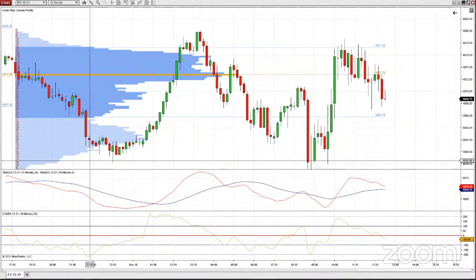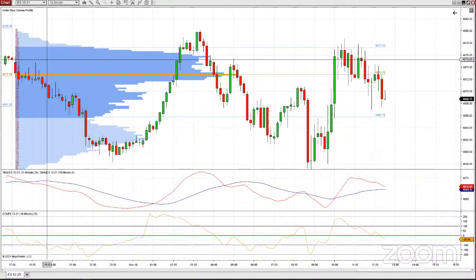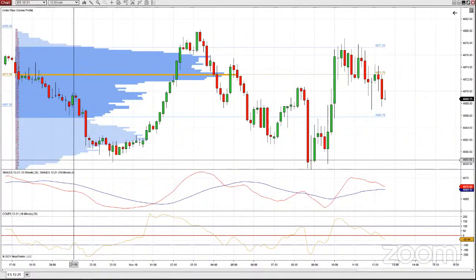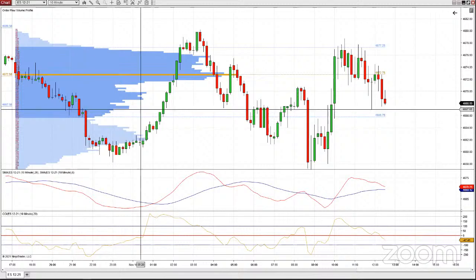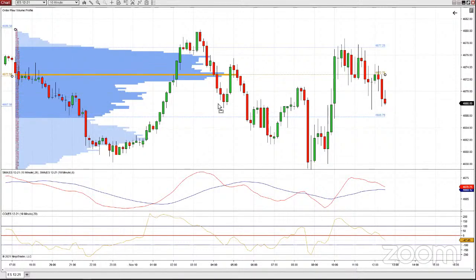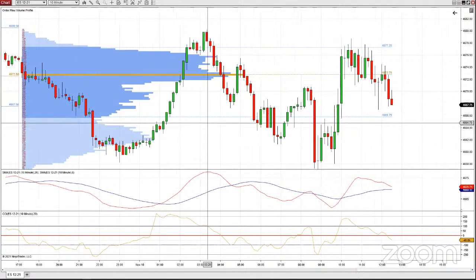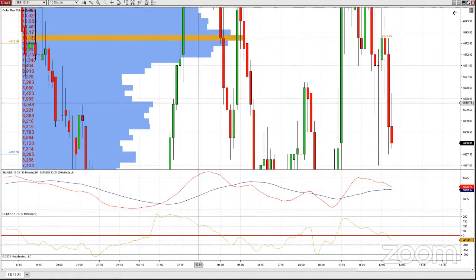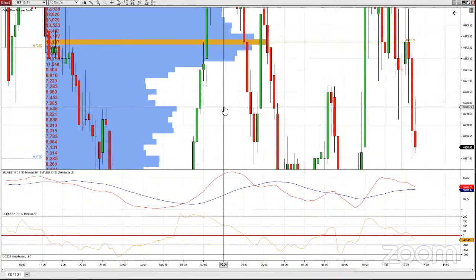It's just showing me exactly how much volume is traded at any given price. And remember, I set the tick size to 1. Let's take a look at what that means, because I told you we were going to change it. Let me zoom in a little bit more, and let me move this over.